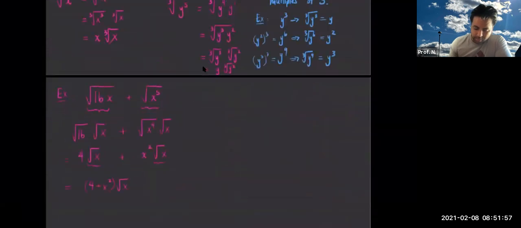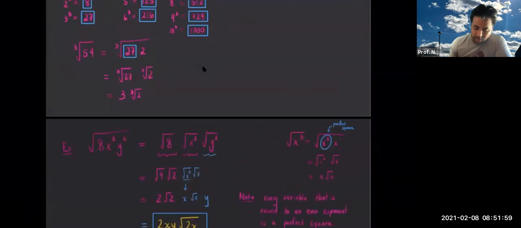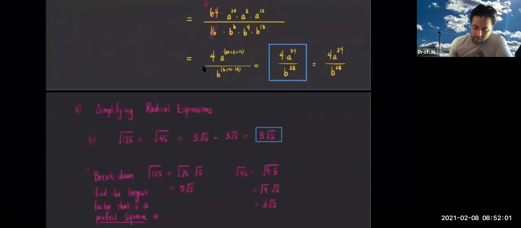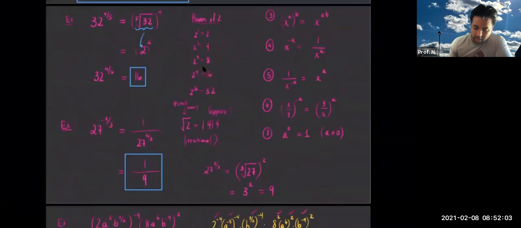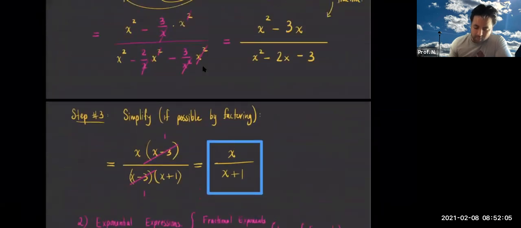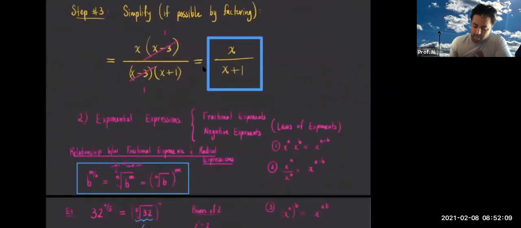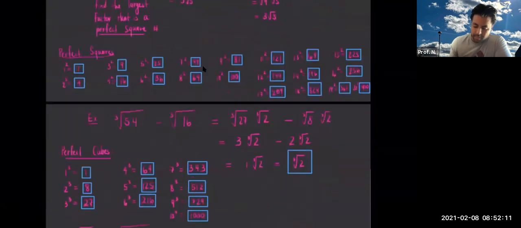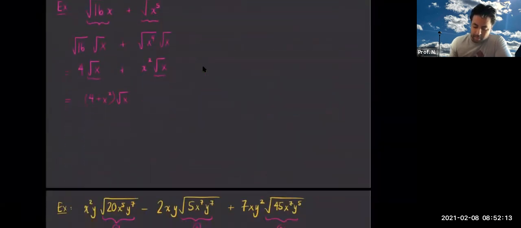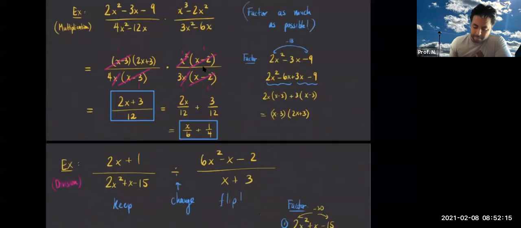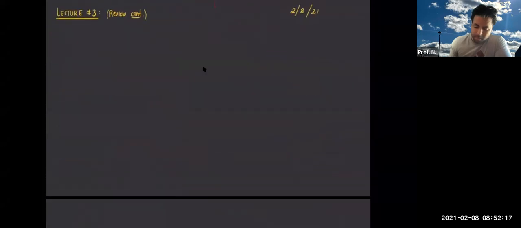We were simplifying rational expressions. We simplified a whole bunch of radical expressions, and we've talked about exponential expressions, and compound complex fractions. So we've done a lot of simplifying so far, which is good. Okay, so this is 4 continued, and this is on simplifying